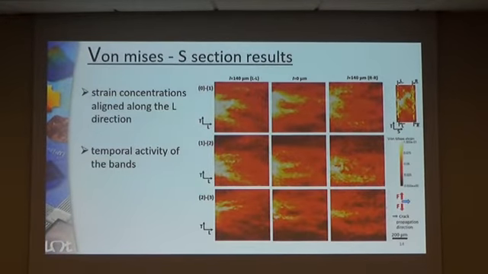Also, it's interesting to see how it changes when we go from the surface to the mid-thickness and again to the surface. So we have this distribution, then in the middle again, and then again. Actually, this confirms the slanted strain band position as has been shown in the previous slide, or as you can see here.